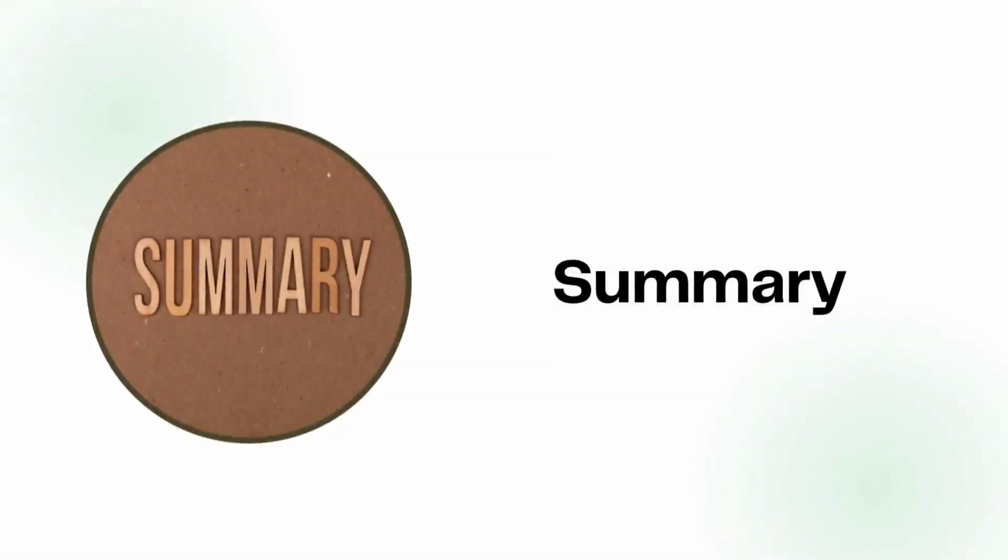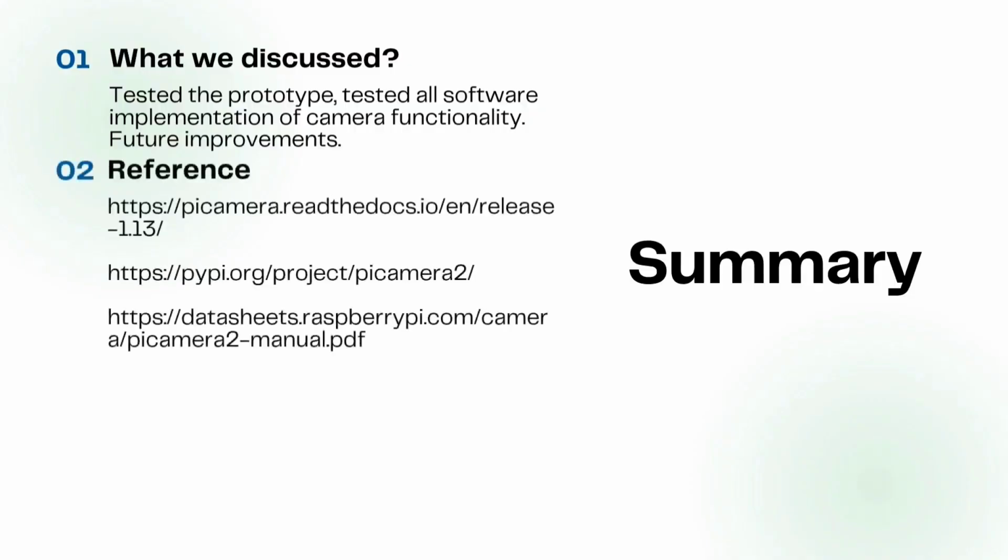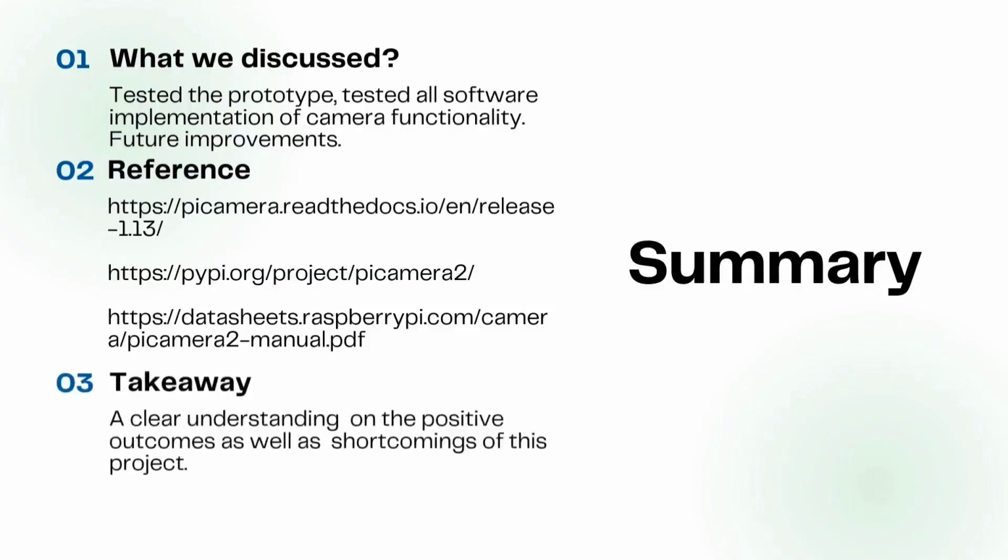So that brings us to the end of this session. We tested the prototype we created. We tested all software implementation of camera functionality. We also discussed the improvements that could be done to the project. For a detailed reference on Raspberry Pi camera software modules, please refer to the following link. The takeaway from this session should be a clear understanding of the positive outcomes, as well as shortcomings of this project, that should definitely help in your future project